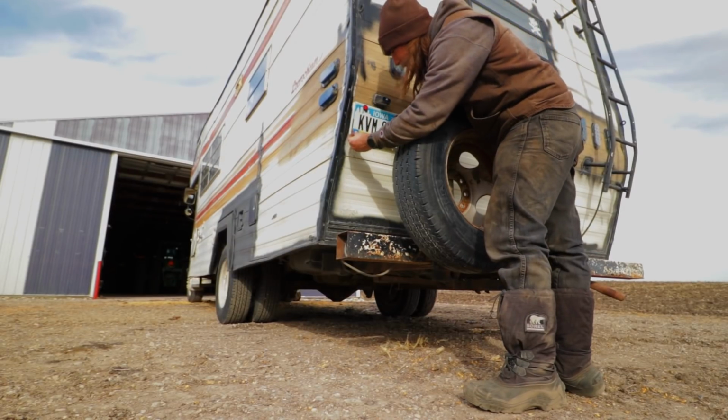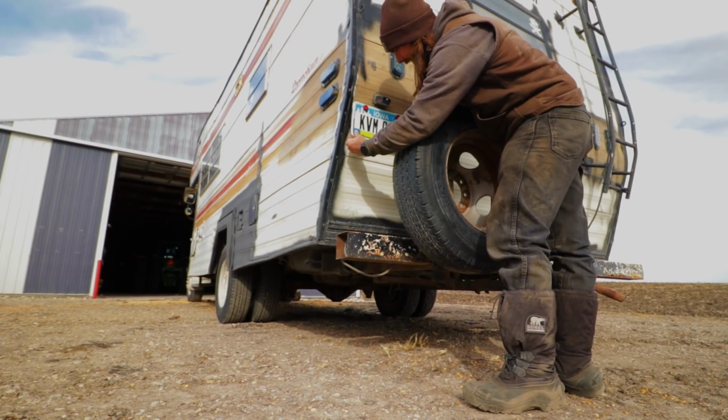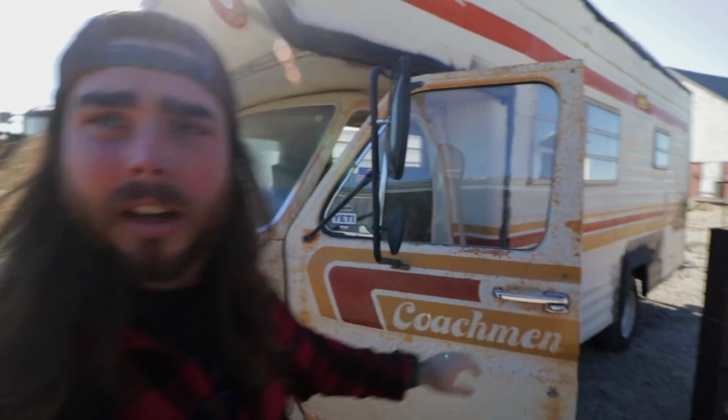I got it registered again. Earned a sticker. Alright. This is the dumbest, most awkward thing to put on. I'm gonna give this thing a quick little